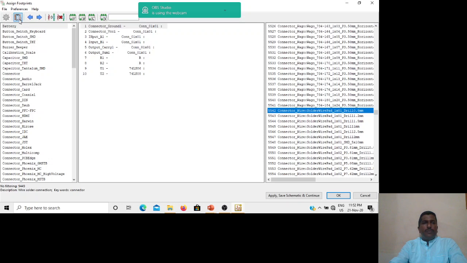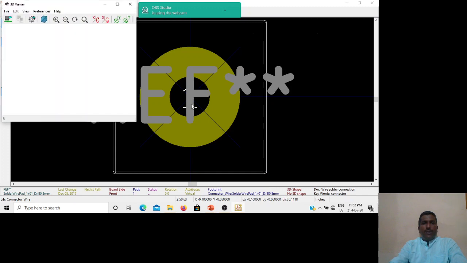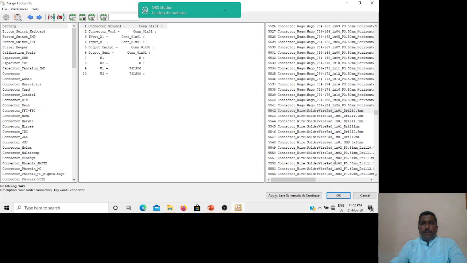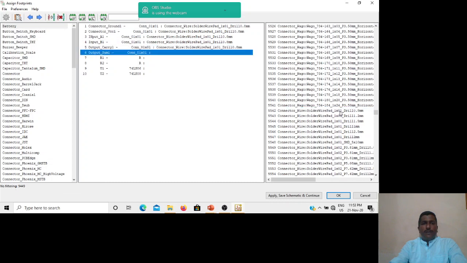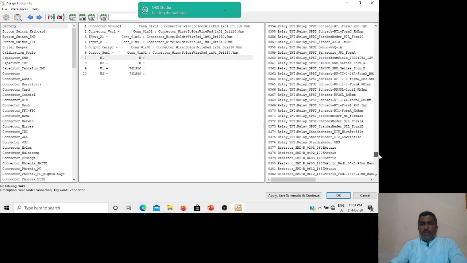If you want to view this footprint, you click on View Selected Footprint icon. For 3D view, it looks like this. Then just simply select it. Select this connector for all connectors. Okay. Now select the register footprints for the